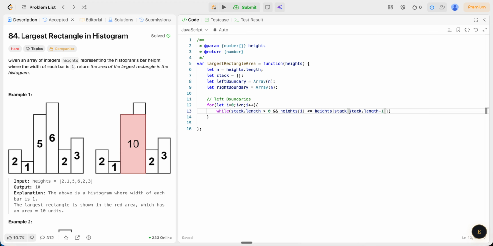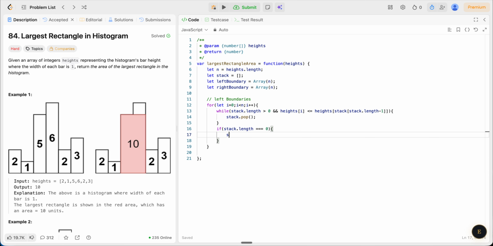So it is nothing but we are getting the stack top which has our index, and with that index we are getting the value of that particular index from heights. Then we are going to pop the value,